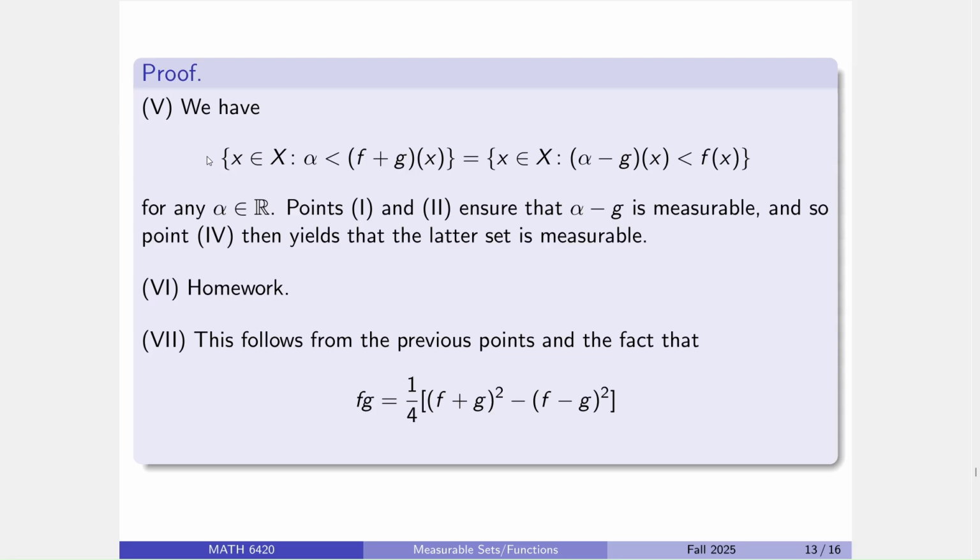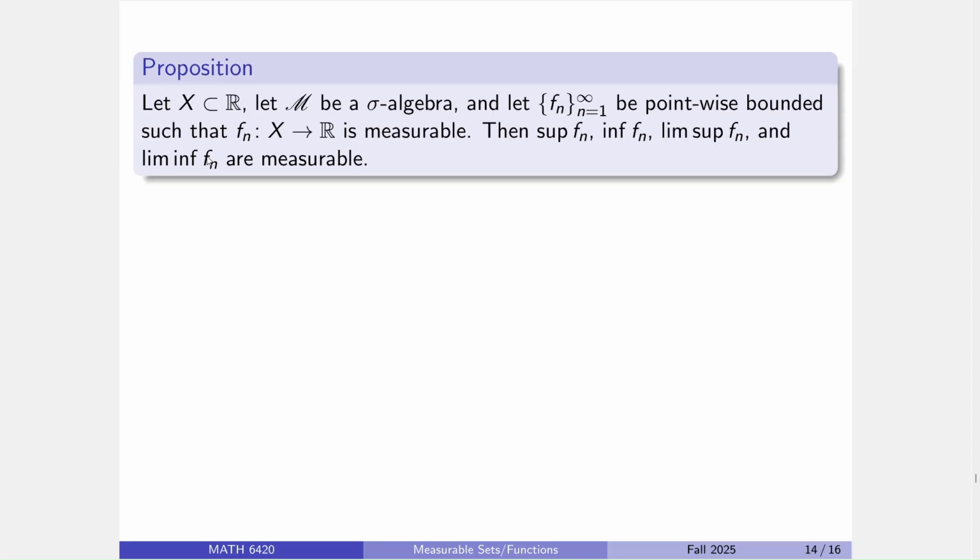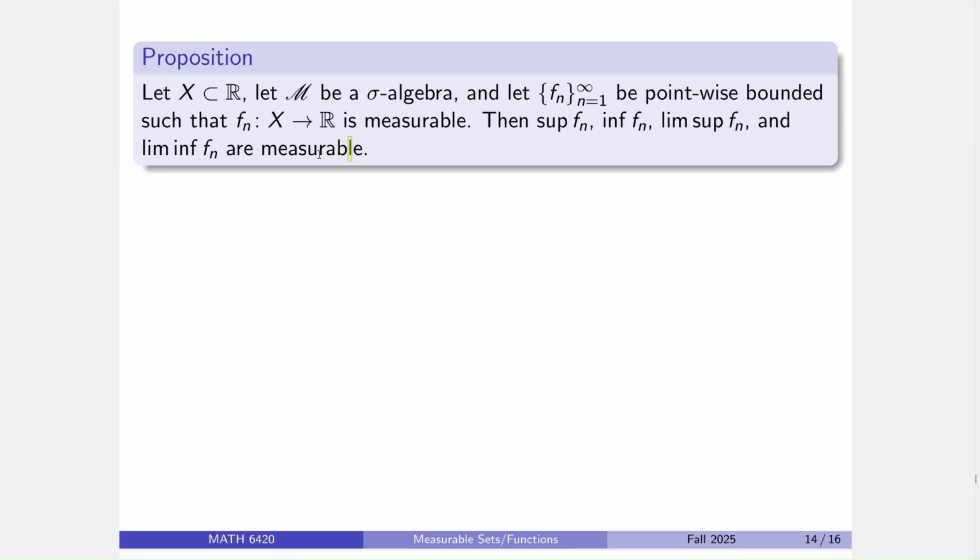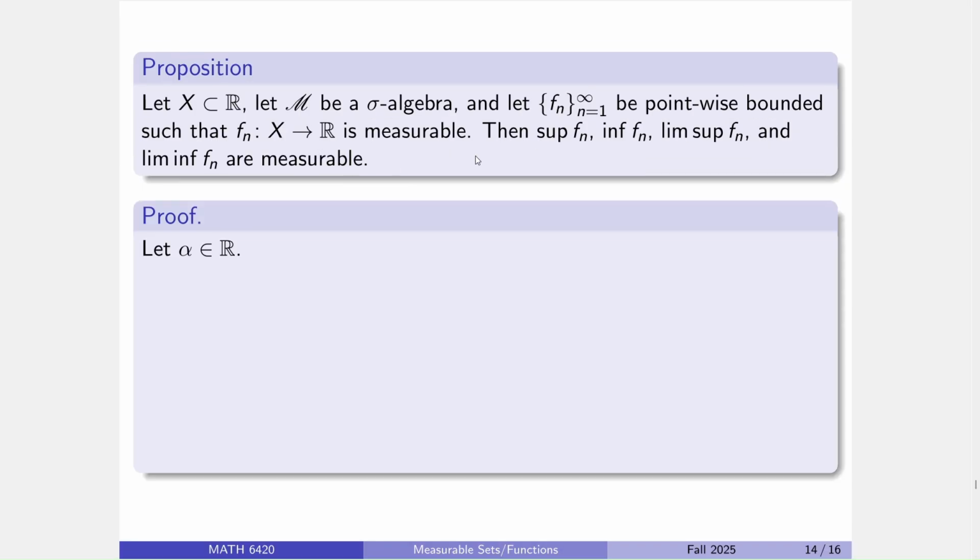All right, sweet. So now that we've got algebraic things preserve measurability, let's now get to the star of the show, which is pointwise limits, and the way we're going to get there is by first showing that sups, infs, lim sups, and lim infs are all measurable. And it's worth noting that this is precisely the fact where continuous functions are not going to have this property.